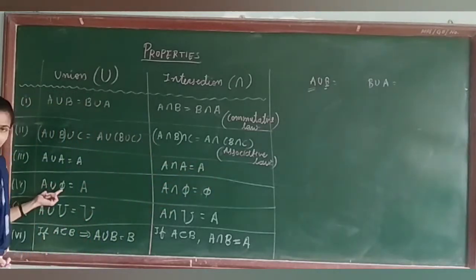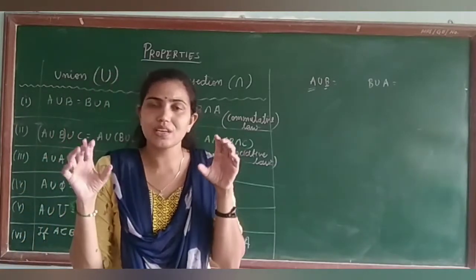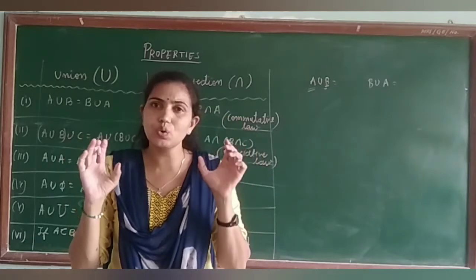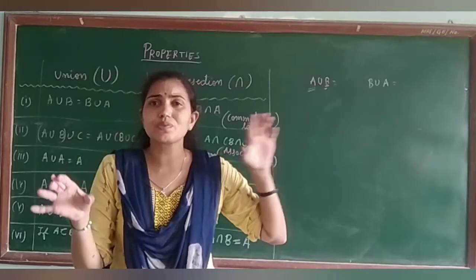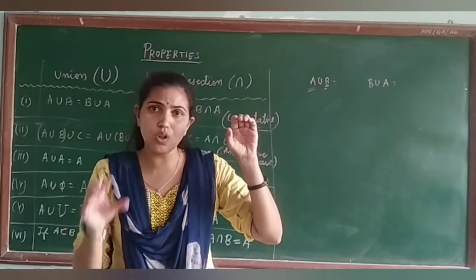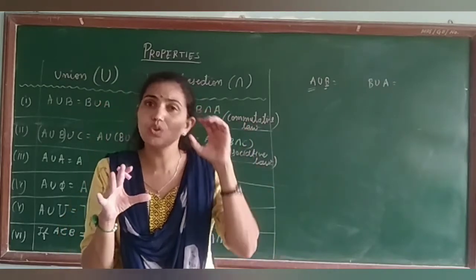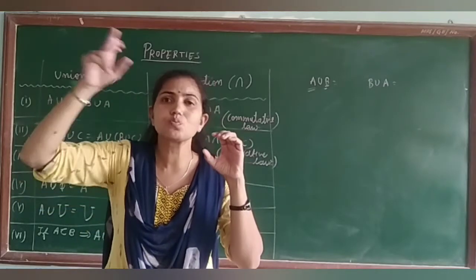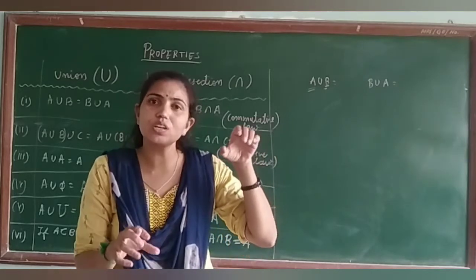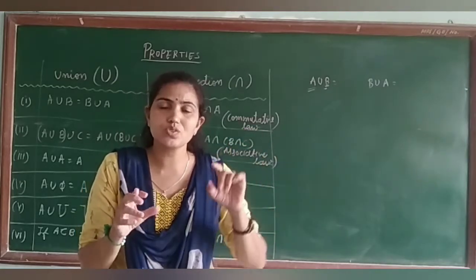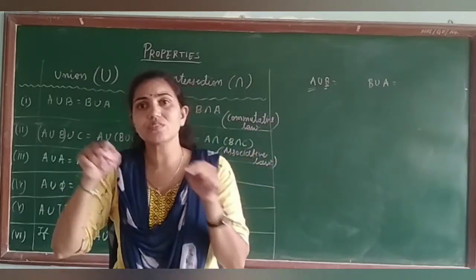Then with the empty set. Now this is the important thing. When we have two sets, if A and B, the union will consist of all the elements. In such a case, if your A is a subset of B, that means A is the smaller and B is the bigger one. In that case, when you are taking the union, the union will always give you the superset, right? And when you are taking the intersection, then it will always give you the subset. So remember student, union will give you the superset. When you are taking the intersection, it will give you the subset.